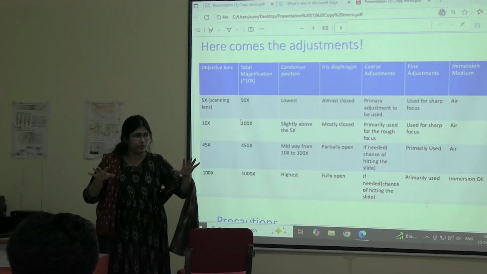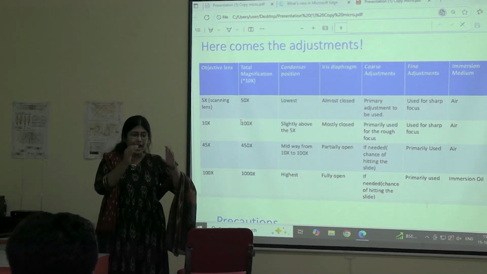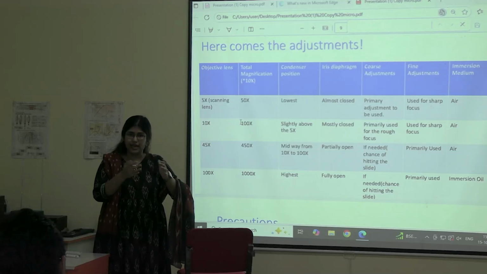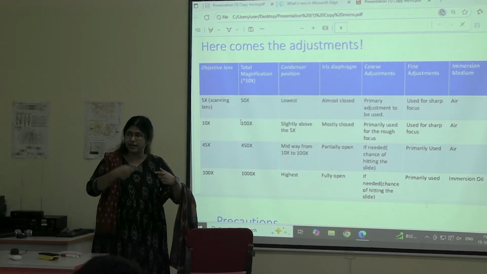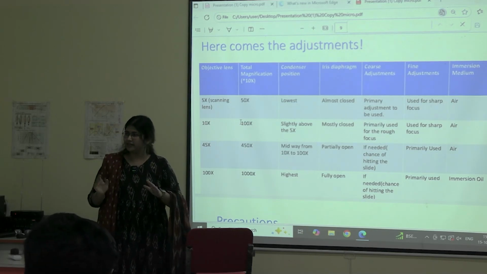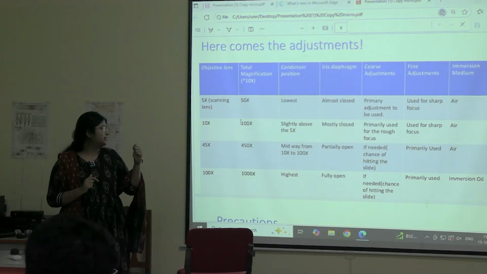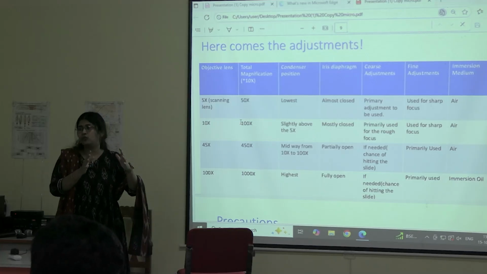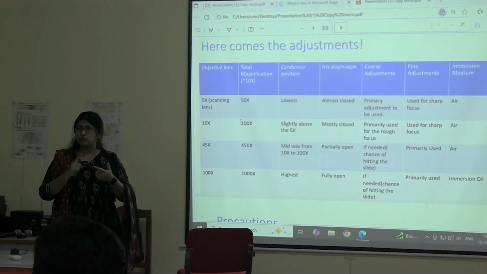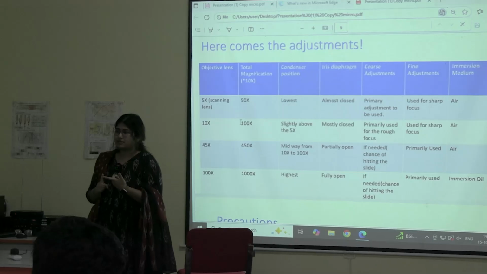You need a wide view. When you have the wide view, you will identify the part you want to focus on. And then you will bring the focus to that part. And then go for finer, sharp focus. Right? So what 5x does is, it gives a wider view to identify that part which you want to see. Okay? So first we always start with the 5x.